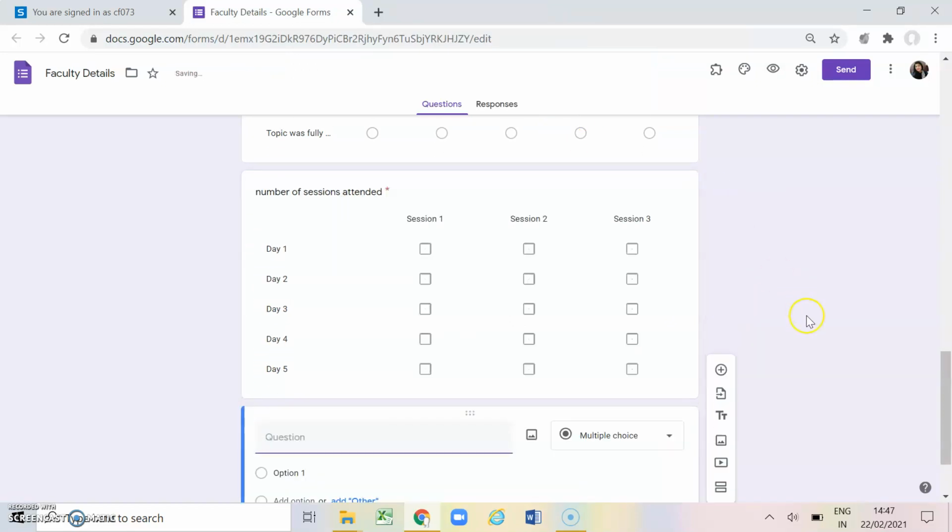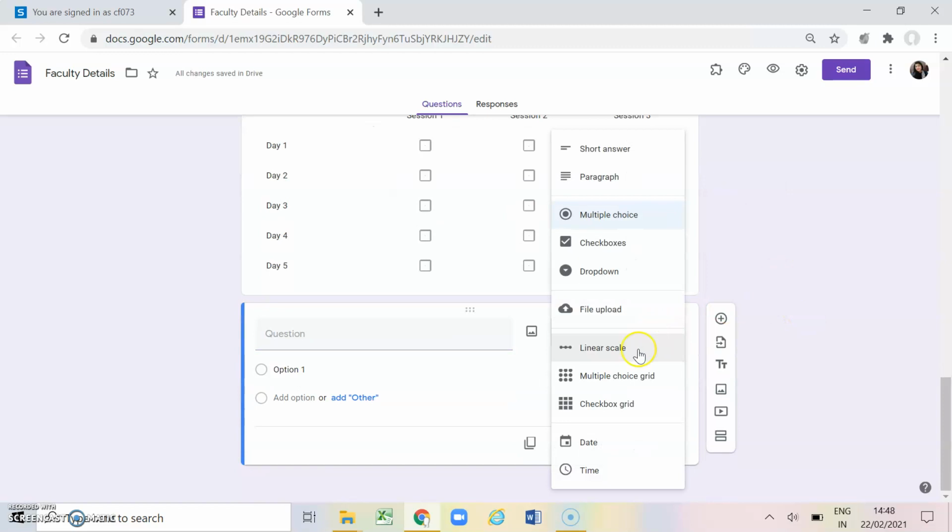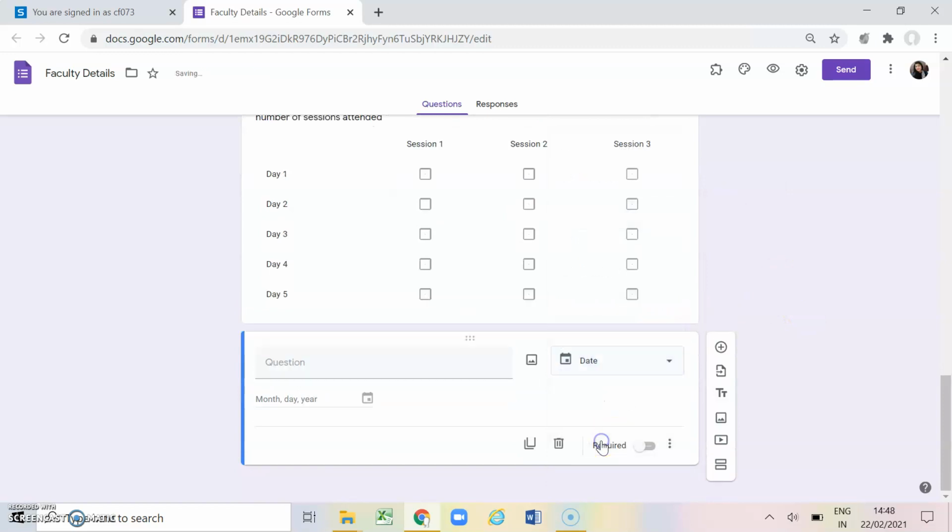Now adding another question, and this time we are choosing date. So if I want to ask my respondents regarding the date of payment, when they have made the payment for this FDP or webinar or short-term training program or anything else, I'll simply write date of payment, making it a required question.